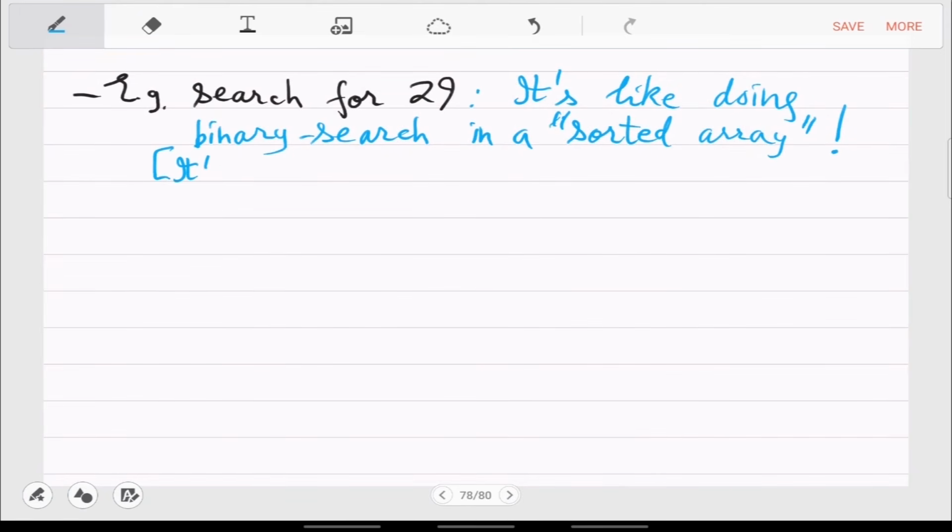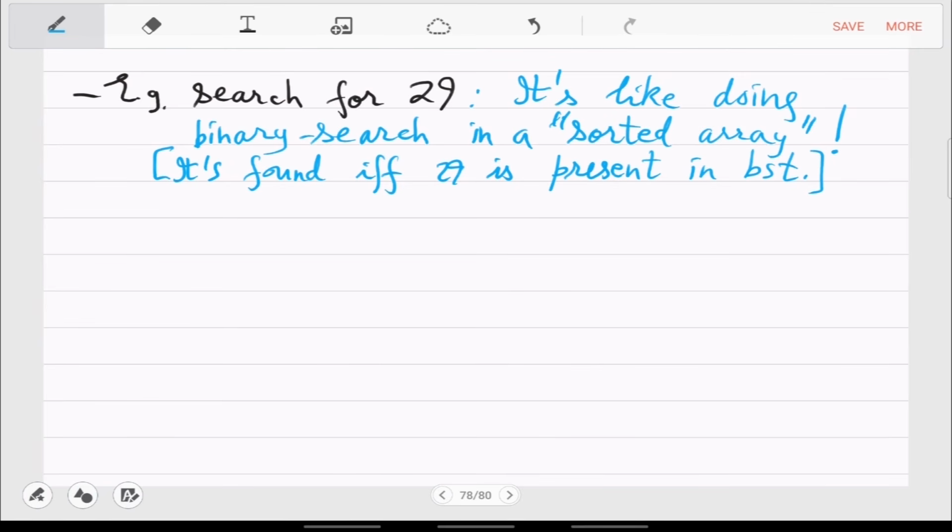So it's found if and only if 29 is present. So it's a unique or deterministic way. So at no point do you have a choice.